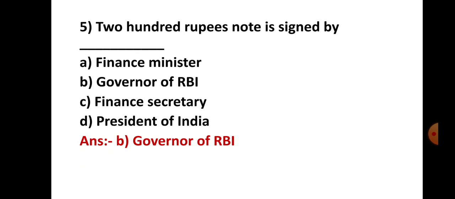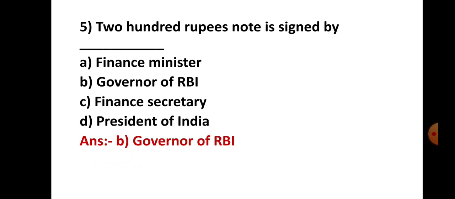200 rupees note is signed by dash. If you observe 200 rupees note, then answer is very easy. Okay, this is application based example here, and here four options are given. A, finance minister. B, governor of RBI. C, finance secretary. D, president of India. If you know the functions of RBI very well,